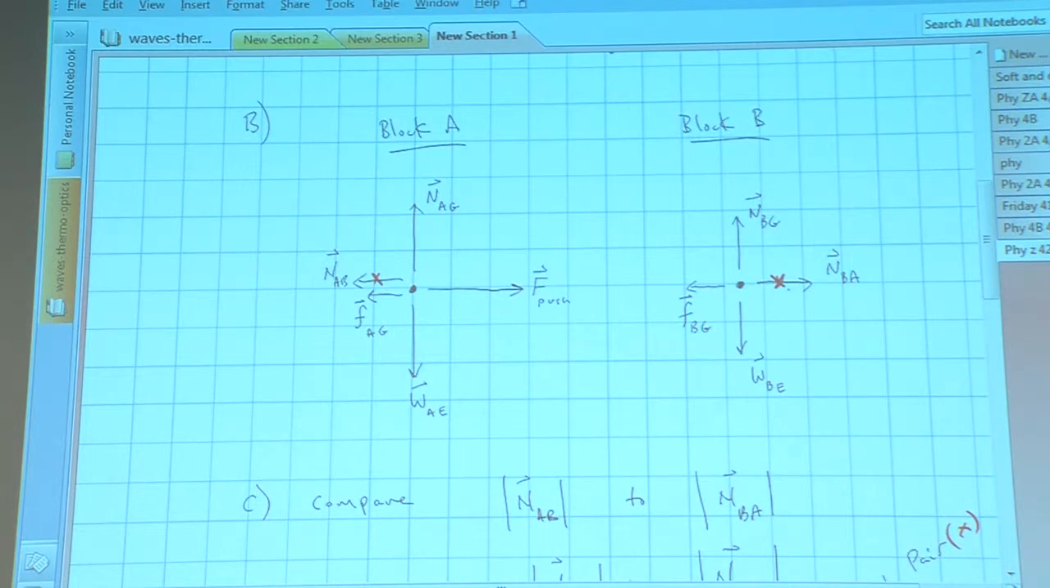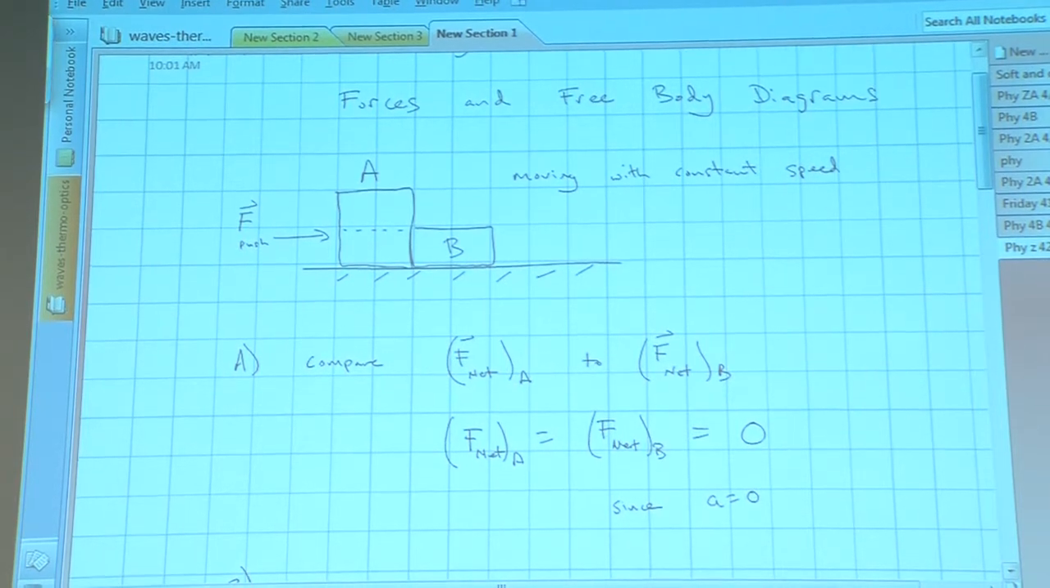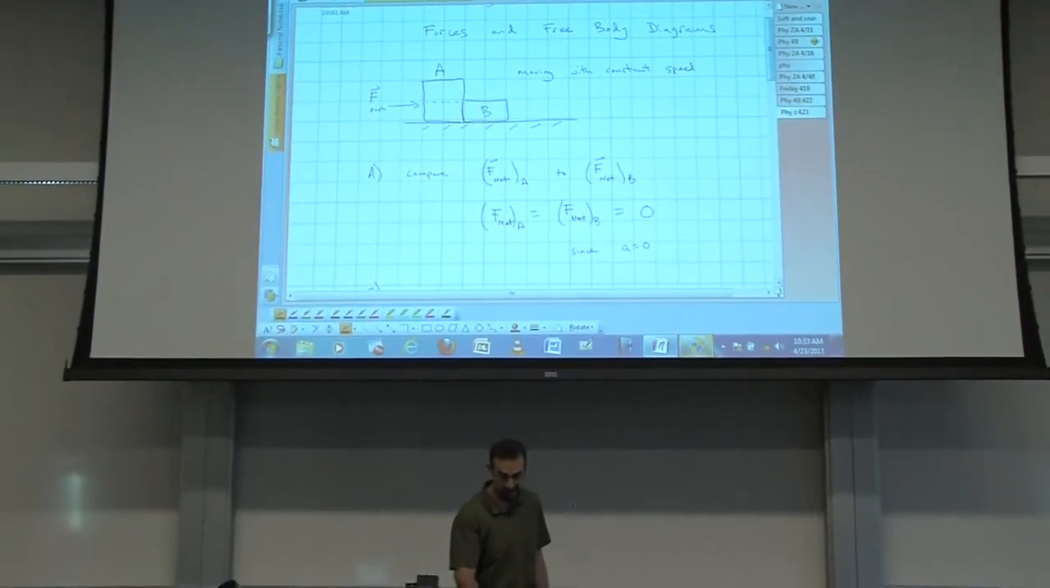A pushing on B. Remember, this is our situation. We're pushing on block A. Block A is pushing on block B. The whole thing is moving to the right at constant speed. And we identified